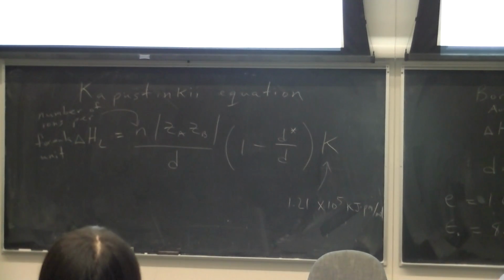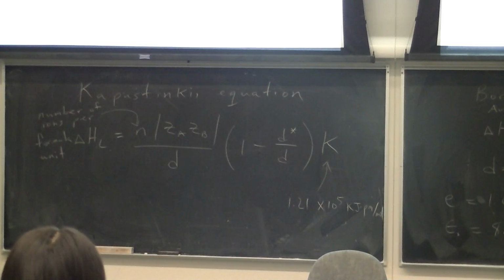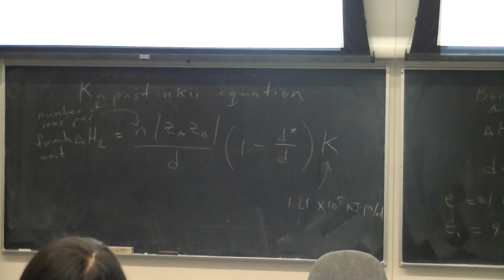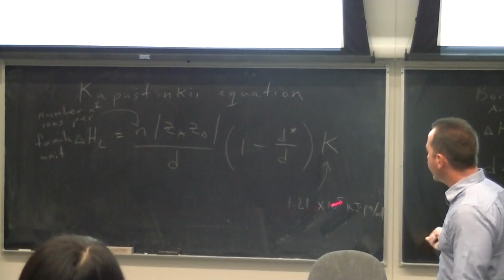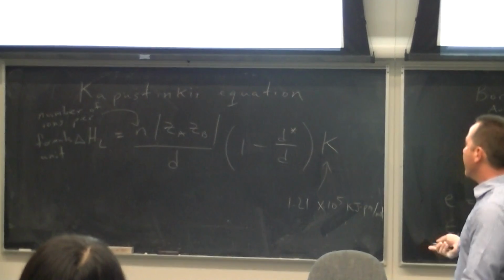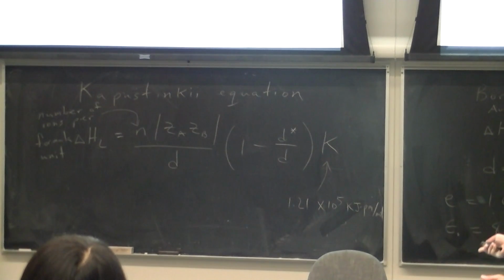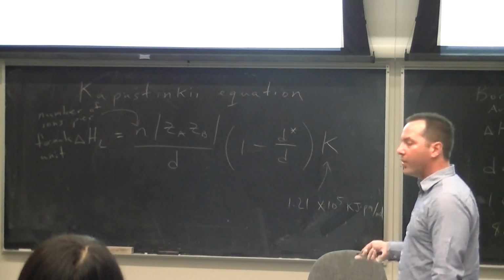So that is the Kapustinskii equation. It is not as precise, it's not as good as the Born-Haber equation. But the good thing about the Kapustinskii equation is that it doesn't require any previous knowledge about the structure of my lattice. So it just uses a standard constant here, which is the Kapustinskii constant. This equation allows you to do things that the Born-Haber equation doesn't, and that is the calculation of